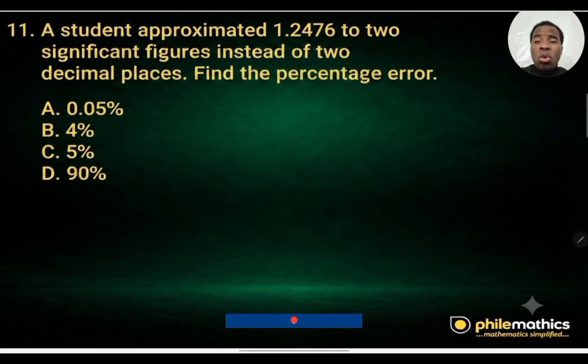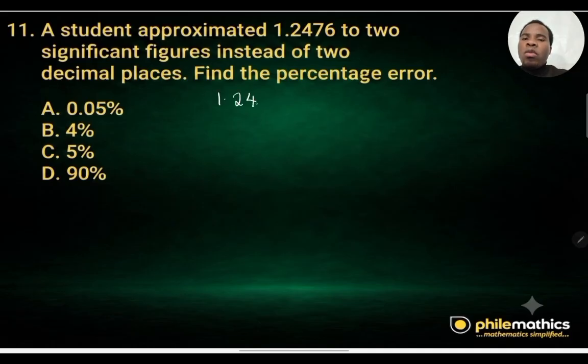This is an interesting question on percentage error. It says a student approximated 1.2476 to two significant figures instead of two decimal places. Find the percentage error. Before we look at the percentage error, let's look at the wrong approximation and the correct approximation. So the number is 1.2476. So the wrong approximation